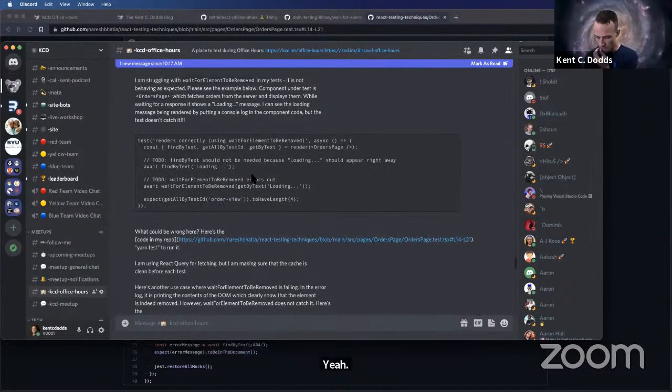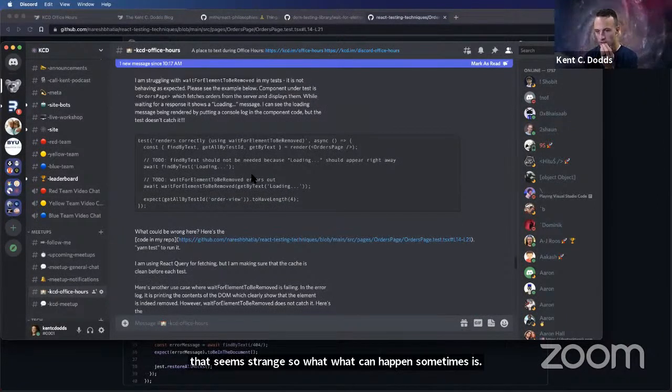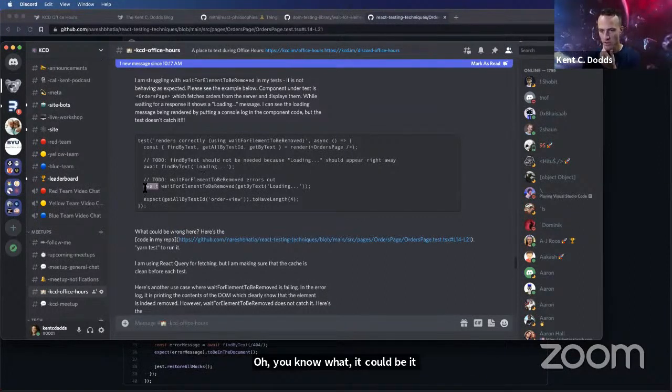So what can happen sometimes is, oh, you know what? It could be that once we have this await, that's making JavaScript wait until the next tick of the event loop before calling this. That seems wrong to me.